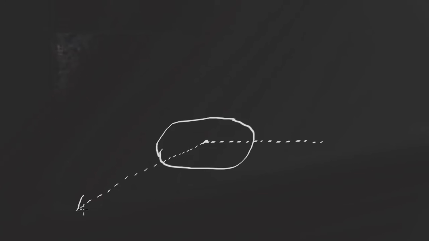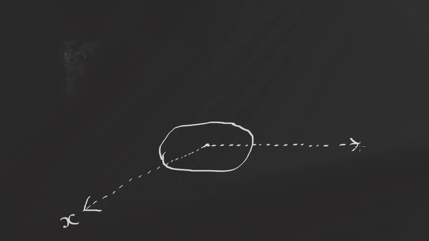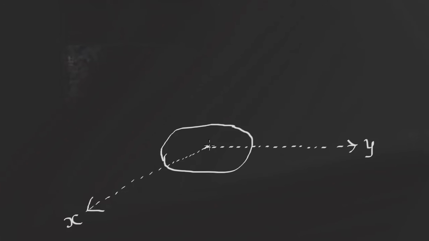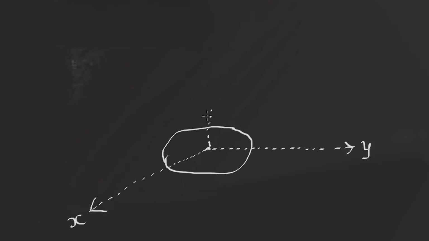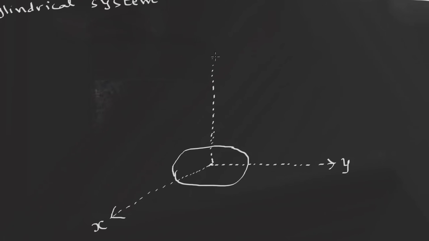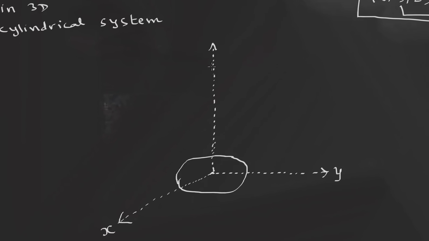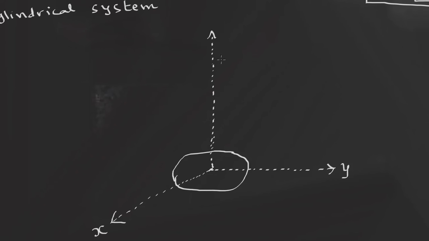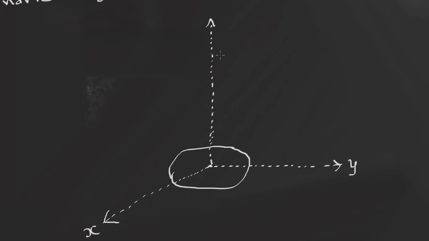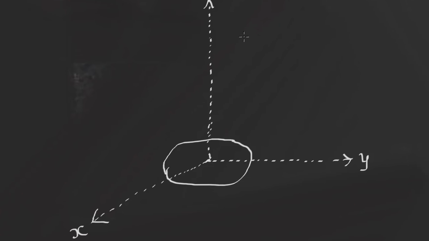So this particular thing, you say that this is the x-axis, and this one you can say this is the y-axis. So naturally the z-axis will be the vertical one. So you have to draw straight here. You have to use your drawing talents to draw this particular thing as neatly as possible. The drawing is very important. If you make the drawing neatly, the rest of the things are going to be very simple.